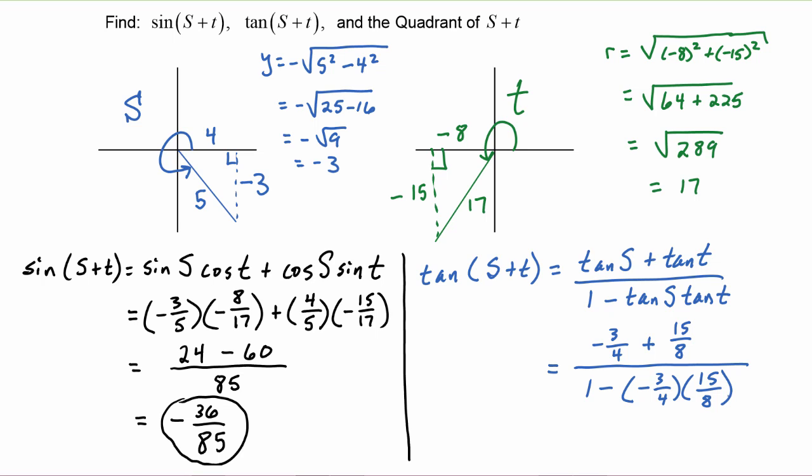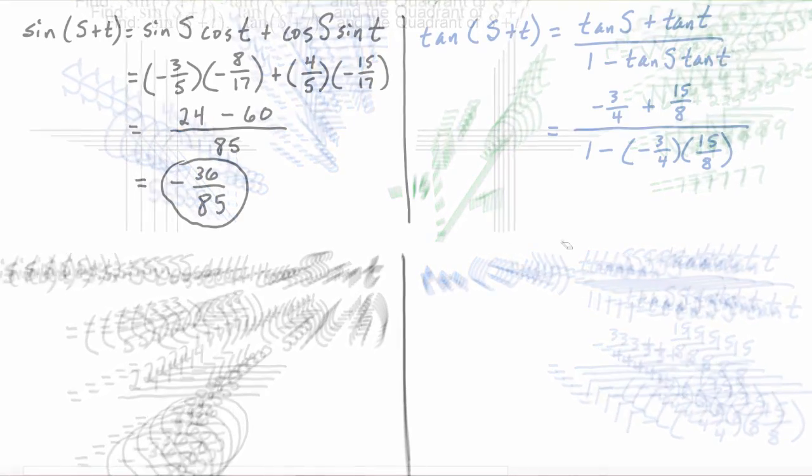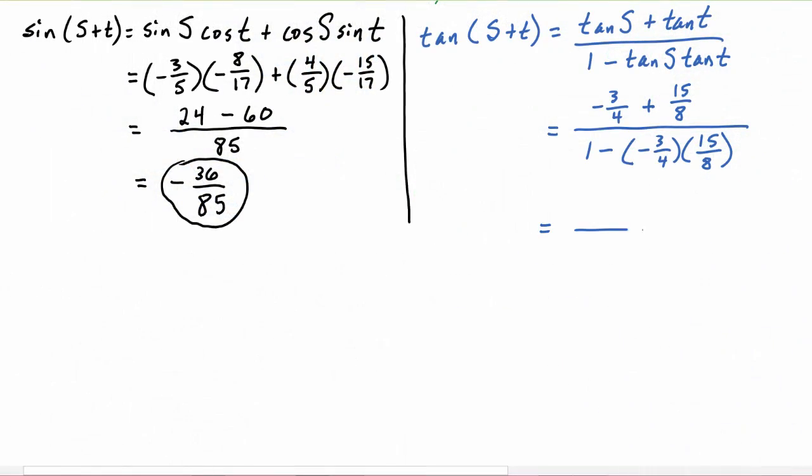Now we're ready to simplify this rational expression. So now we have negative 3/4 plus 15 over 8 in the numerator. In the denominator, we have 1 plus 45 over 32. Now at this point, you could add up the numerator separately and add up the denominator separately if you like,